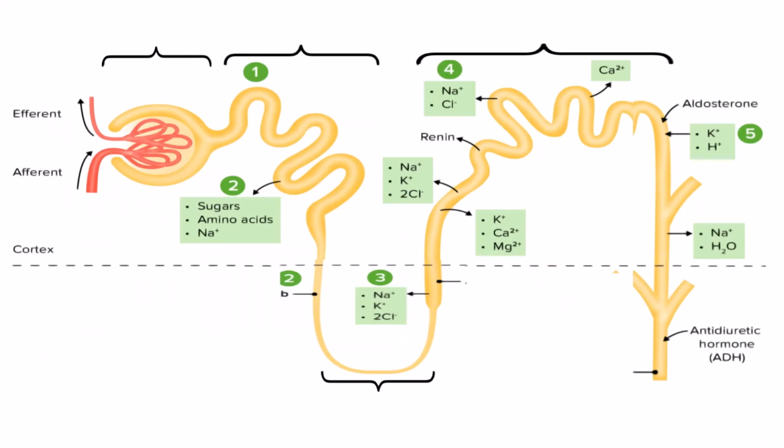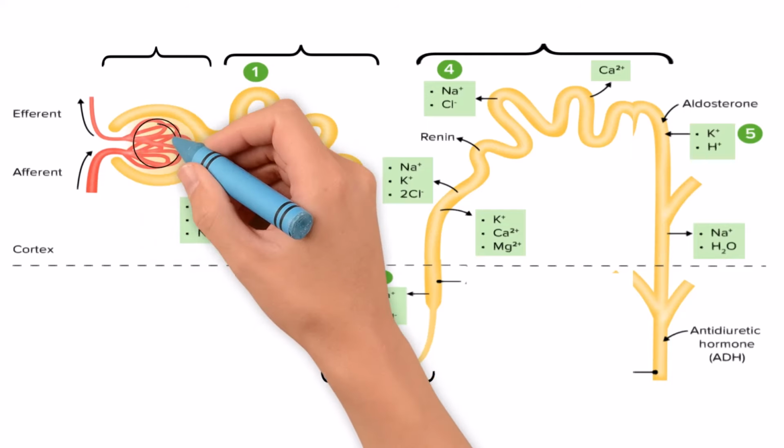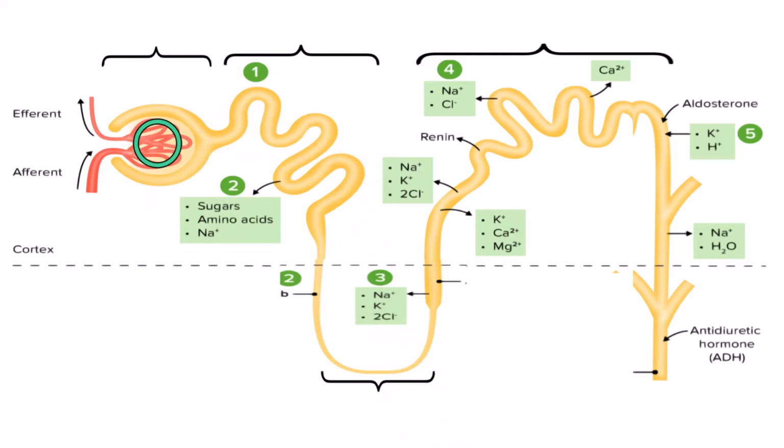The nephron is the structural and functional unit of the kidneys. It consists of 5 different parts, each with a unique function. First, there is Bowman's capsule, which surrounds the glomerulus, a network of capillaries. Here, blood enters the afferent arteriole, where components of the blood are filtered out of the capillaries into the capsule. Filtered blood is then carried away from the glomerulus by the efferent arteriole.